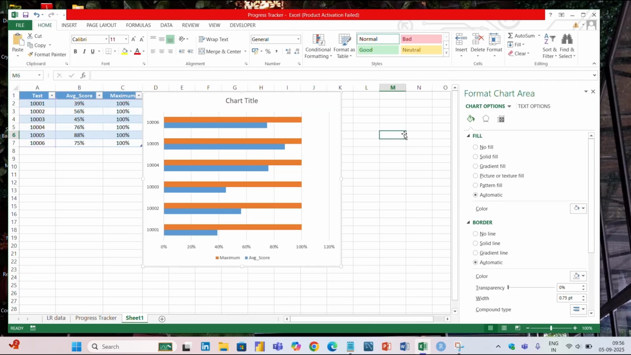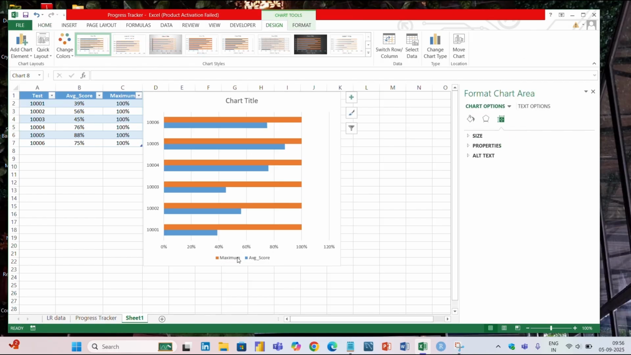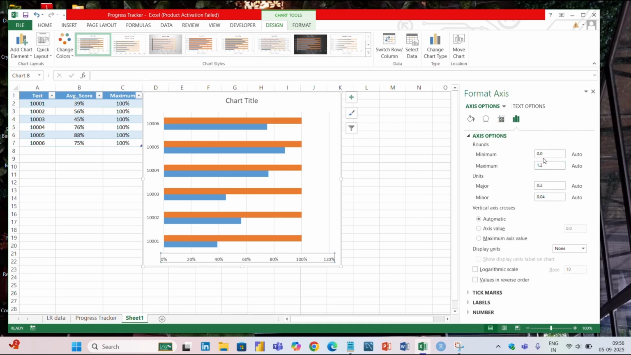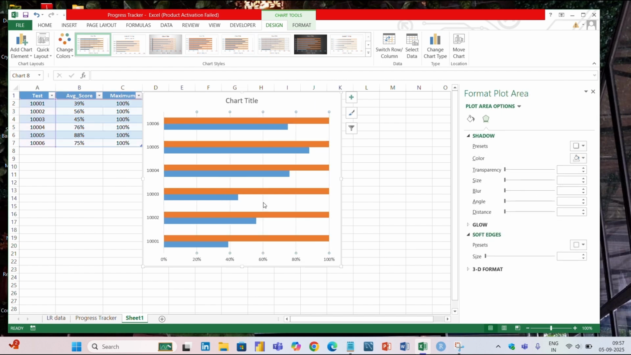Yes. Now first I need to format the axis. Somehow this should be removed, and for the axis go to the axis options. Minimum is okay, but maximum I need to set to 1 or 100%. Now it is set at 100%, and then I have to remove these grid lines from the diagram,